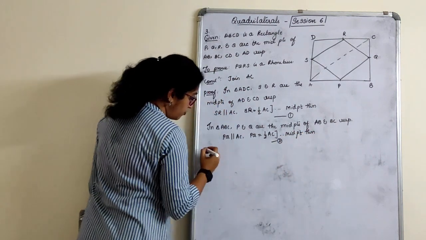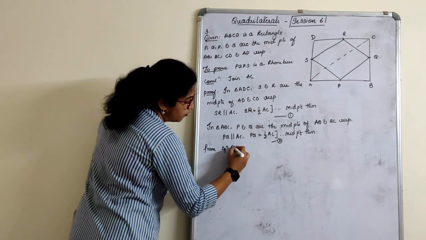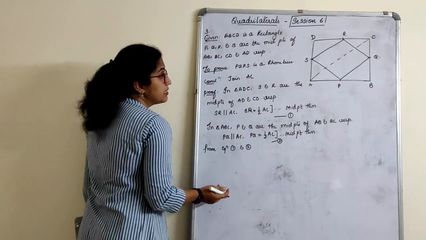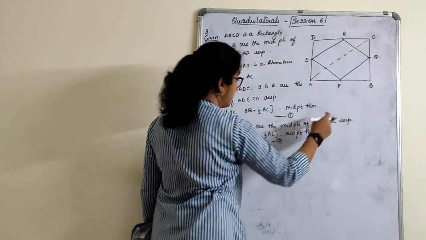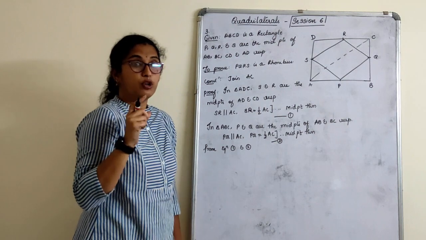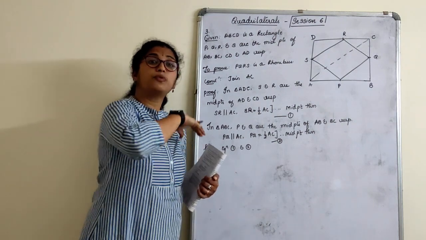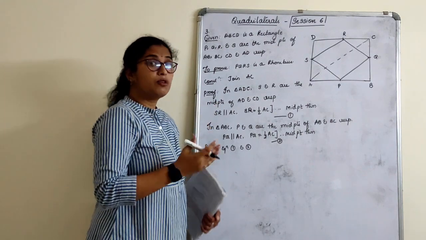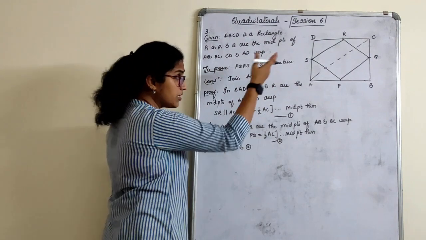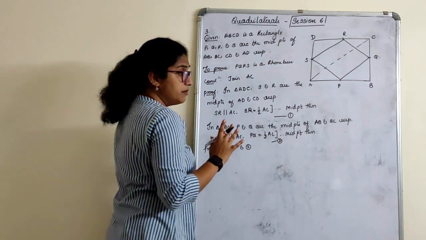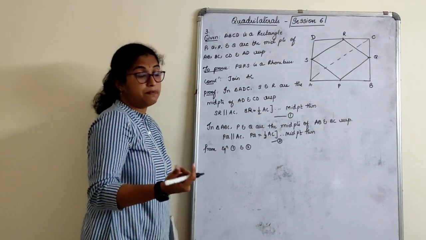From equation 1 and 2. Sometimes in your school, they also join the diagonal BD. Now here, to prove a parallelogram, I have only used one pair of sides equal and parallel. Sometimes in your school, they will tell you to prove both pairs of sides. That time you have to draw one more diagonal and prove the other side also. It's up to your teacher. But this much is enough, more than enough, because to prove it as a parallelogram, we require one pair which is both equal and parallel.